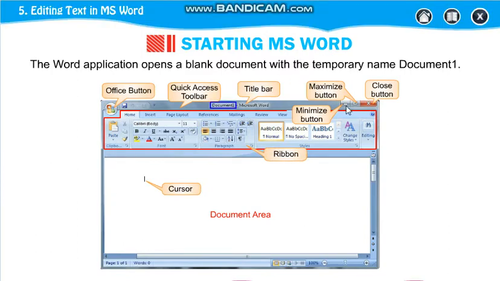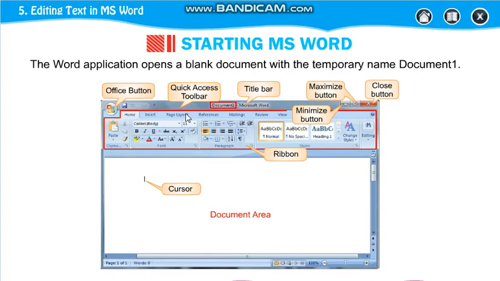Now this is the labeling of your window. See that this is your Office button. This part is known as the Quick Access Toolbar. This is your title bar, this blue bar where the minimize, maximize and close buttons are. Then this whole part is known as the ribbon.